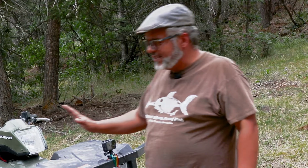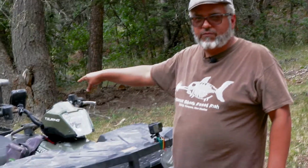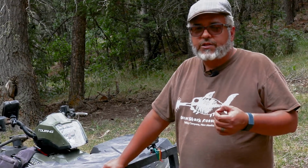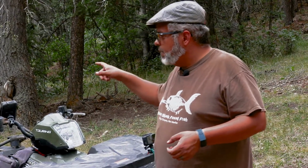Quick recap: the 570 Touring Sportsman is designed and engineered for 2 passengers. If you have a regular Polaris Sportsman and you get a bag that has a seat built in it, and that's your second passenger seat, it's technically illegal. It's technically dangerous. The vehicle's not engineered for that. So I recommend spending, I think it's an extra $800 for the touring package, so you can get